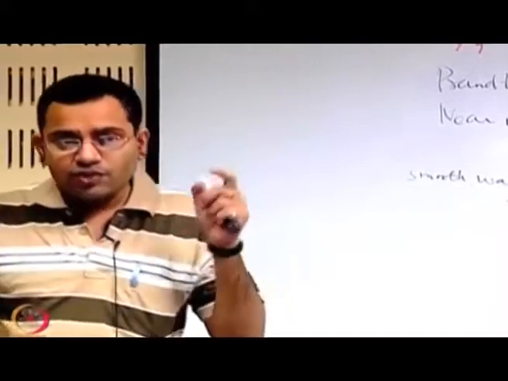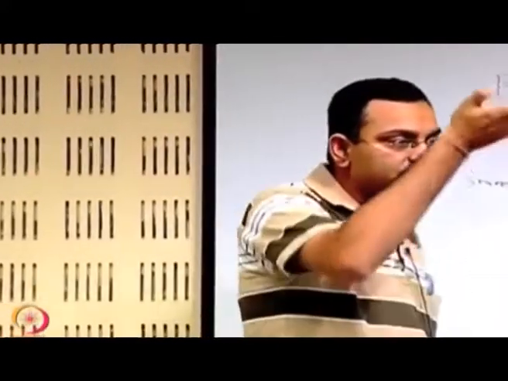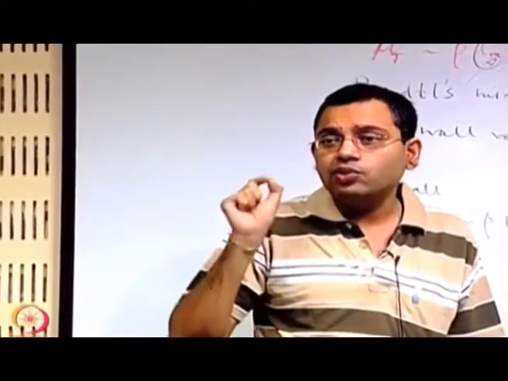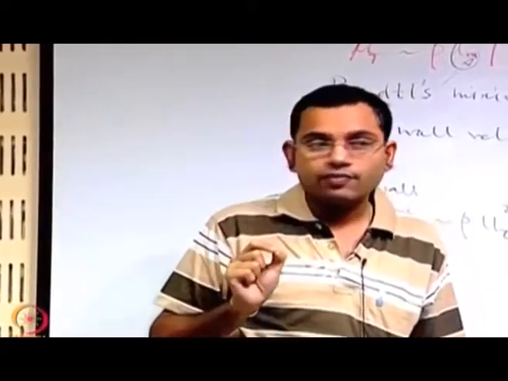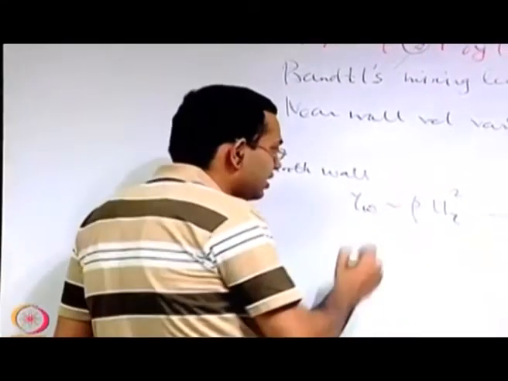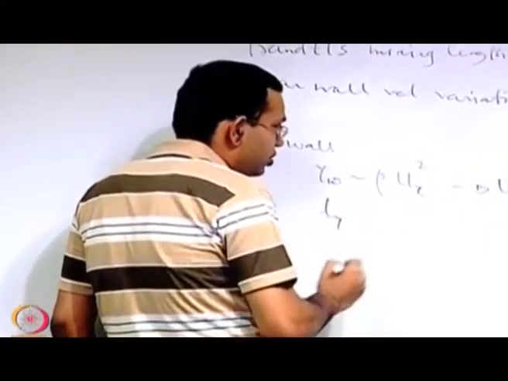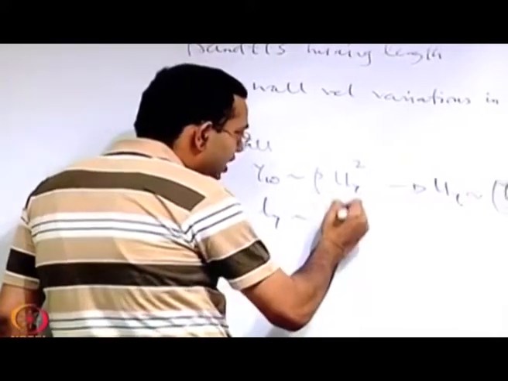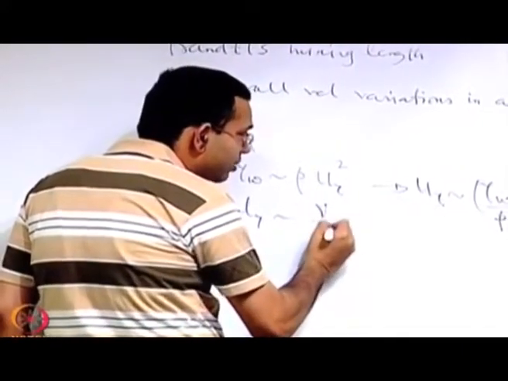But whatever we get as a gross understanding from the behavior of the small scales is that as you go to the smaller eddies and these things are dissipated, it is the viscosity that dominates the mechanism, and more importantly the kinematic viscosity. So, if you want to find out the important length scale that is dictating that, then the length scale should be the kinematic viscosity divided by this velocity scale.